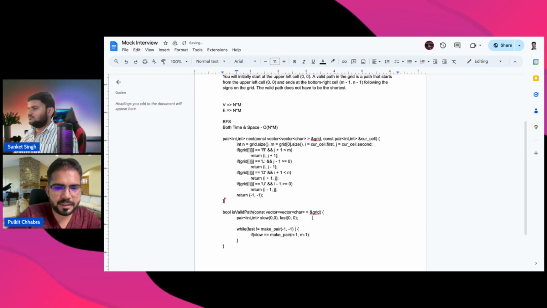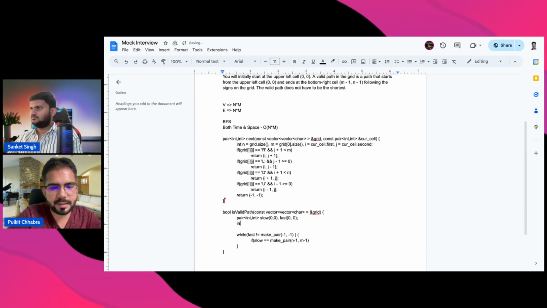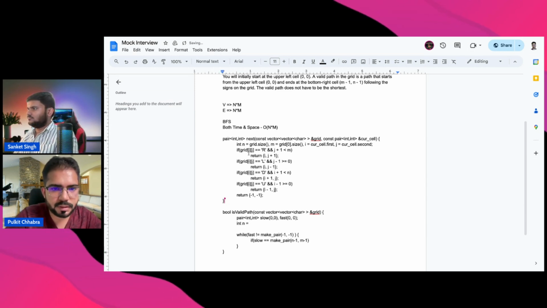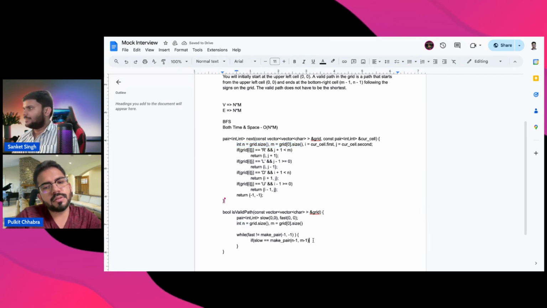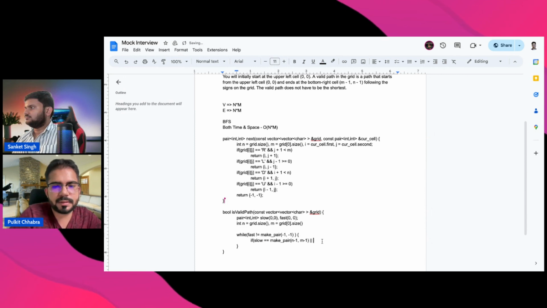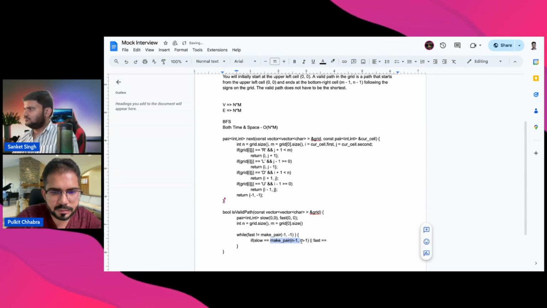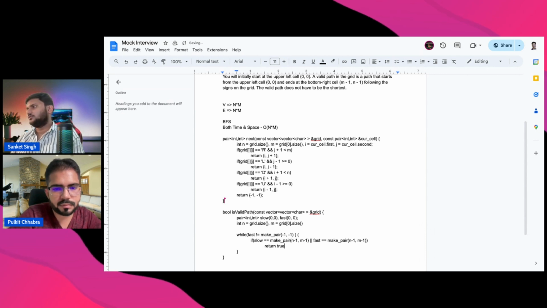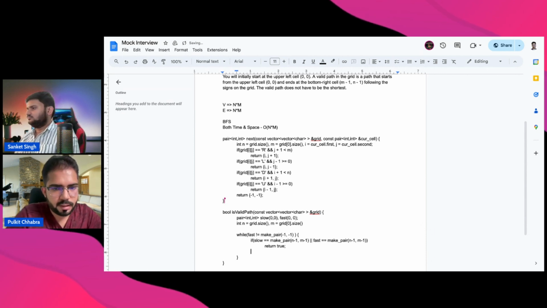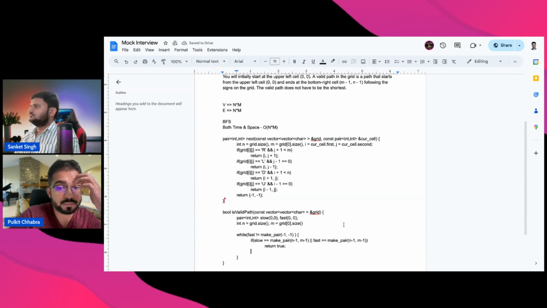So I am just changing the lingo a little bit. I'm just saying that n is the number of rows and m is the number of columns. So if slow is becoming equal to this at any point, or fast is becoming equal to this at any point, then I can be sure to just return true. Otherwise,